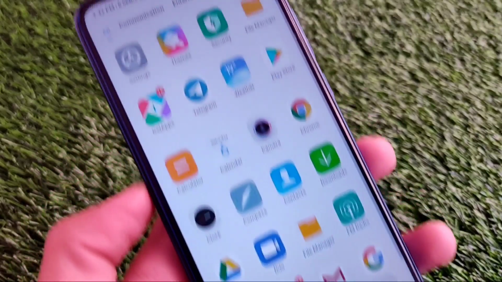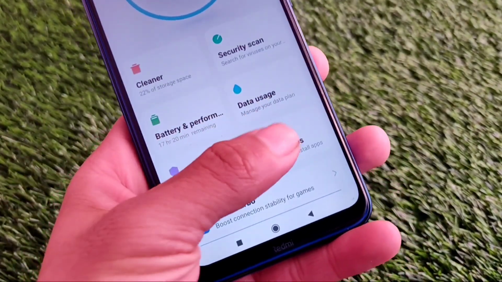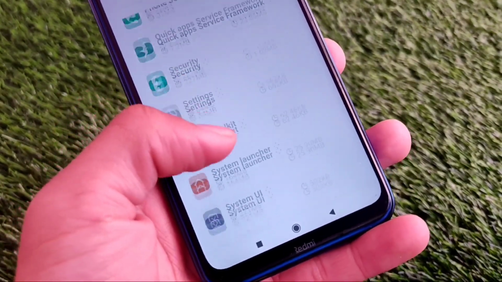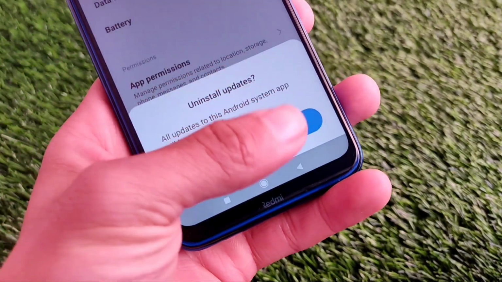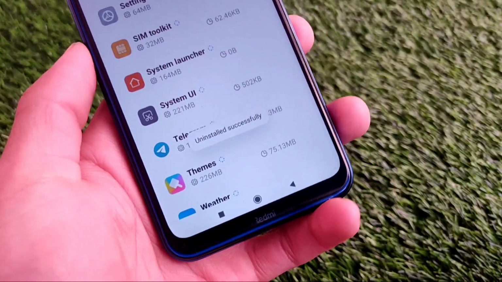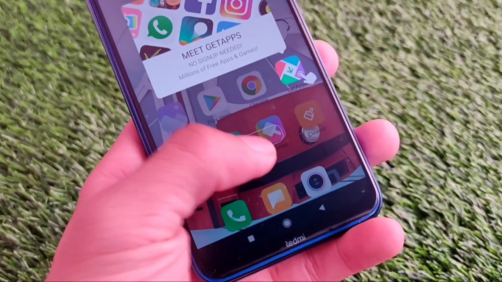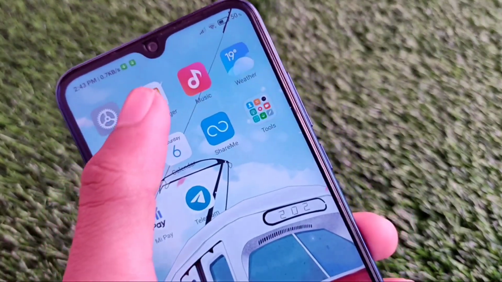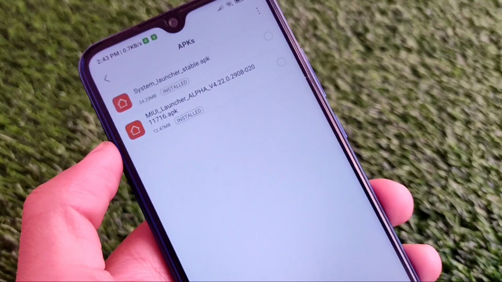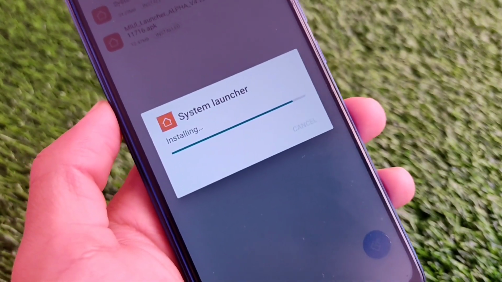How to uninstall this? This is also something which some guys don't know about. Simply move into the security app here, go to the manage apps option. Here you'll find the system launcher option. You'll see the uninstall updates option, click on OK, and now you're reverted back to the default launcher which you got on your device. So that's very easy to install and uninstall. As you can see, we installed that alpha update which didn't work for us. So now we're going to install the stable update. As you can see, system launcher stable APK. Let me install it. Now it will be installed because we already reverted back to the normal default one.